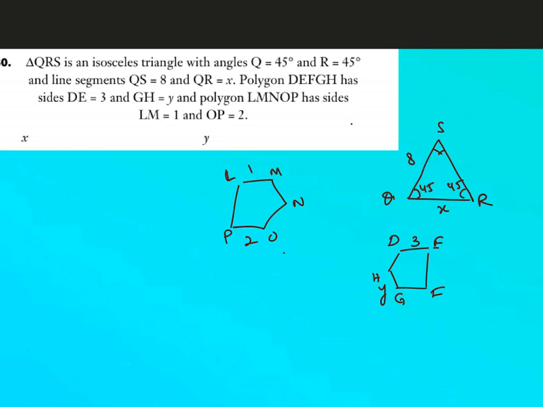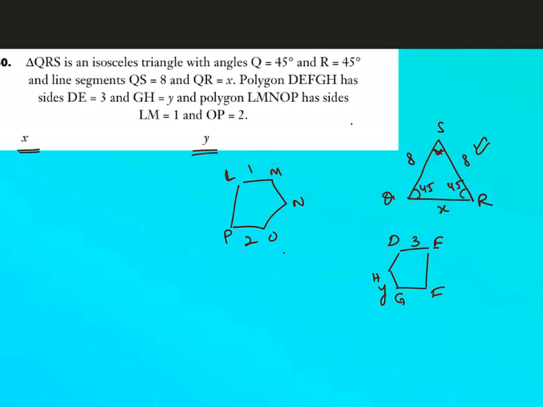What we have to compare actually is quantity A, which is the first column, X, and quantity B, which is Y. Now if I look at X, X is from the triangle. I can find X. If I need, I can find X using sine rule. Right? It's an isosceles triangle. You can also use the Pythagoras theorem. It's a right angle triangle. So there is a way to find X. I'm not going to find X, but I know there's a way to find X.